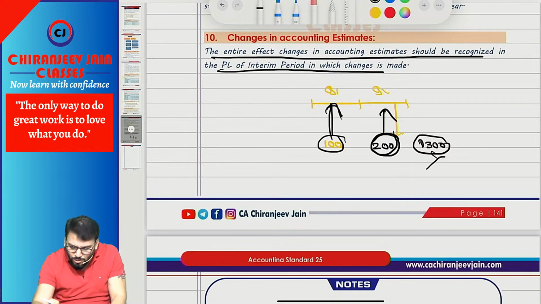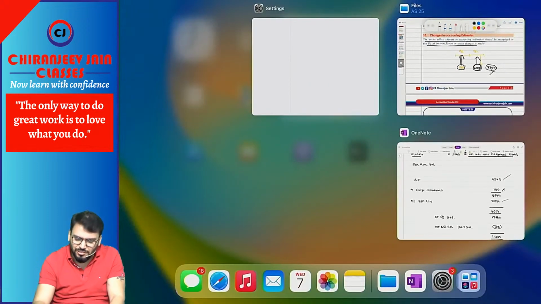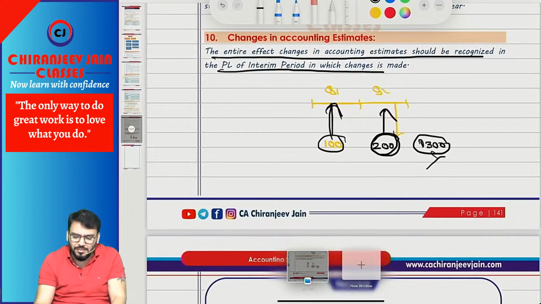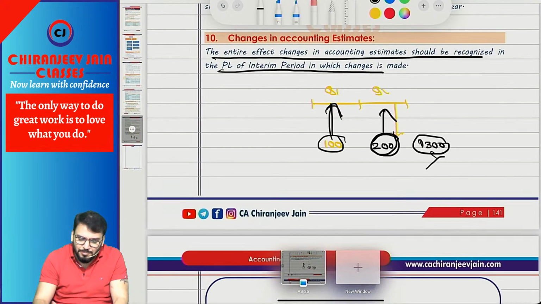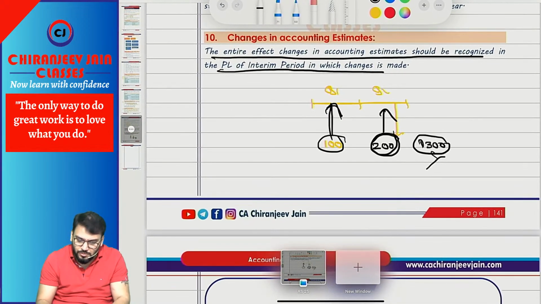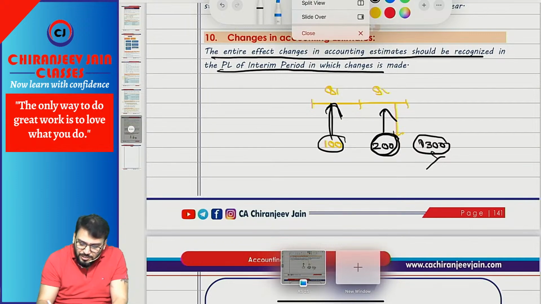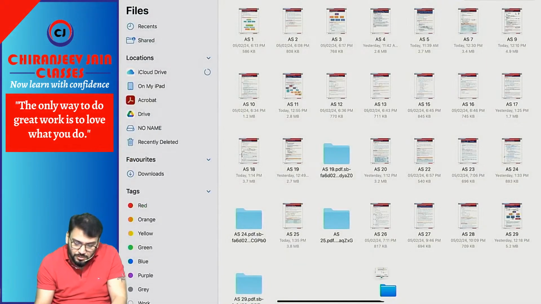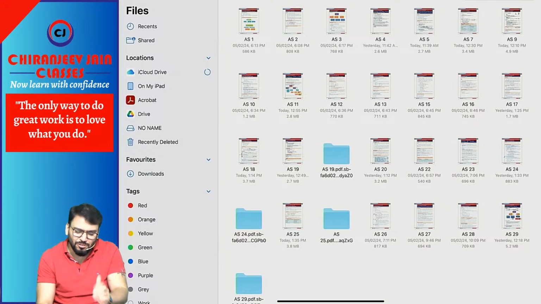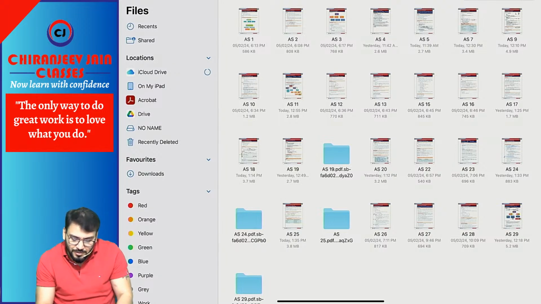You want me to do any more AS? But today theoretical zyada ho gaya. Okay, but I think you have understood. Let me identify which AS will do tomorrow. Have you done any question? Have you any doubt in any questions? So we have done AS1, so it does not require revision, but I will do it. AS1, AS3, AS3 ek baar chhod do. AS4, AS5, AS7 done, AS9 done, AS10 done, AS11, 12, 13, 15. I done AS15,